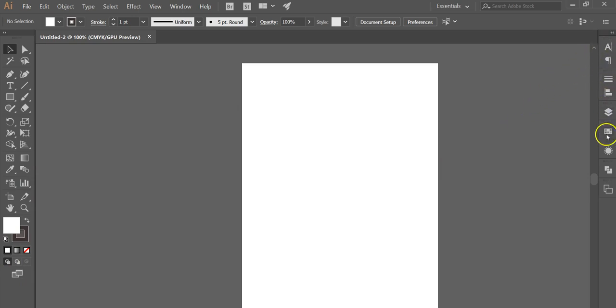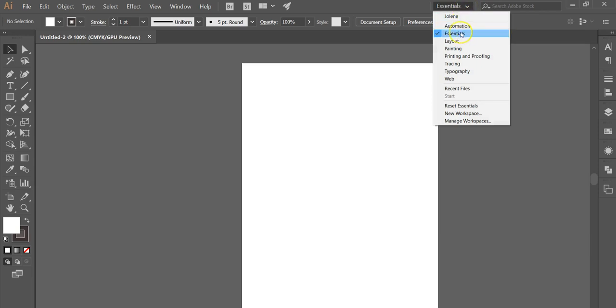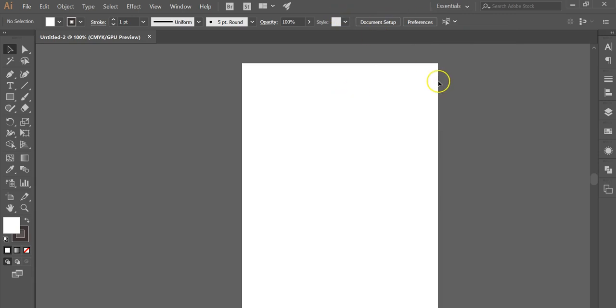Now the ribbon on the right side of my workspace is governed by which selection I've made right here. I'm using the Essentials workspace, so you can see that's the one that's checked right here. You can customize this so that every time you open Illustrator, the tools that you most likely use will be there for you. So I'm using Essentials right now. It may not look exactly the way yours does because I may have already moved things around, but I've got the essential